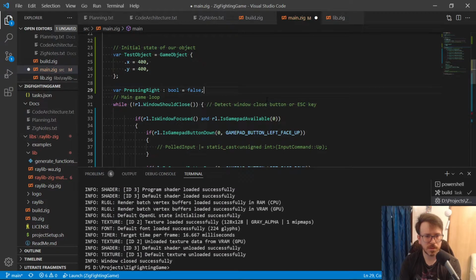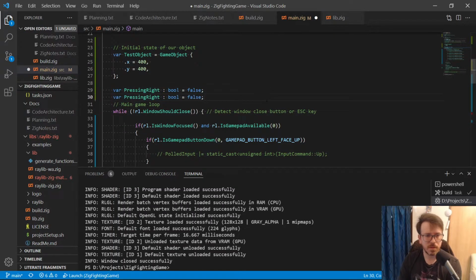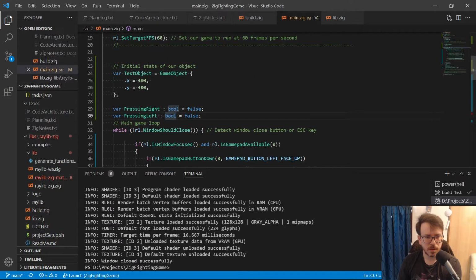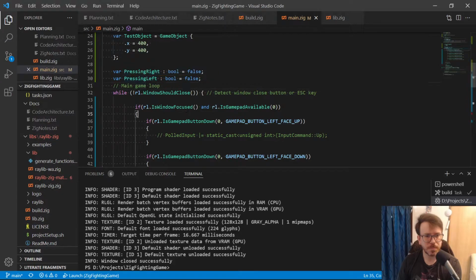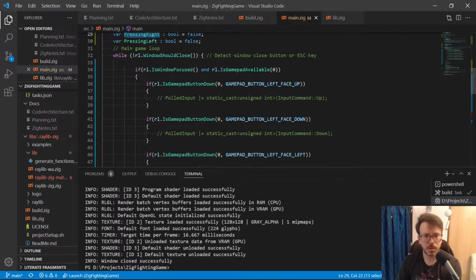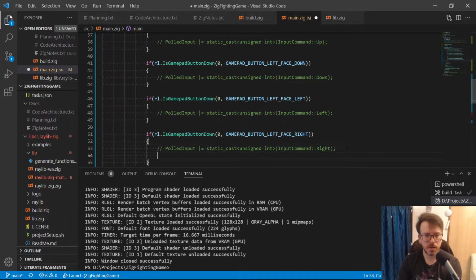Equals false. I'm going to do things differently in a bit, but this is just kind of initial steps here. I believe we do put the type after the variable name. Okay. So let's go equals true here.